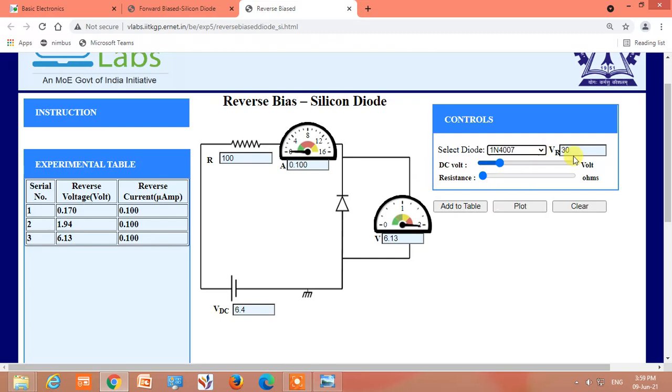Let us change the diode. So if I have selected 1N4007, the reverse breakdown is 30 volts. So once I increase the voltage up to 30 volts, the large reverse current will not flow through the diode. Add to table. I have increased the voltage up to 19.6. Then I've increased the voltage up to 23.7.